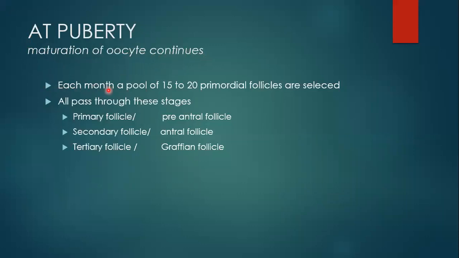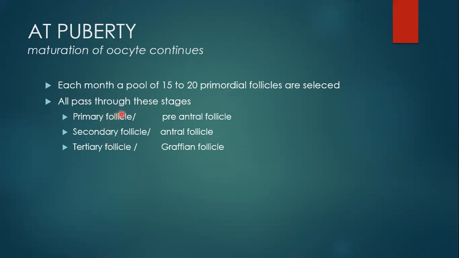What happens is that a pool of 15 to 20 primordial follicles are selected, or we can say recruited. All of them pass through these stages, right? At the beginning, we have primordial follicles. These primordial follicles will be converted into the second type of follicles, that are the primary follicles. From primordial to primary follicles, then from primary to secondary follicles, and then from secondary to tertiary